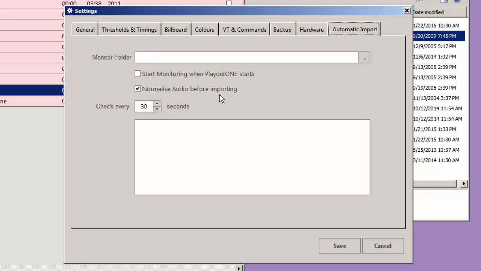On the radio, of course, you want everything to be pretty much the same level, and that's what the normalizing process does. You can normalize as you're importing, or you can tell PlayoutONE to import, and then you can normalize the audio later. If you're importing a handful of songs, maybe 100 or so, then you probably want to normalize audio during the importing. You may want to normalize audio if you're importing 1,000 songs, but be aware that the